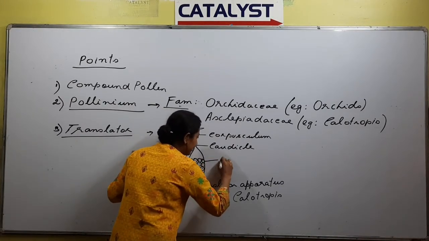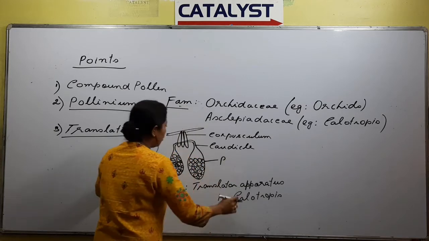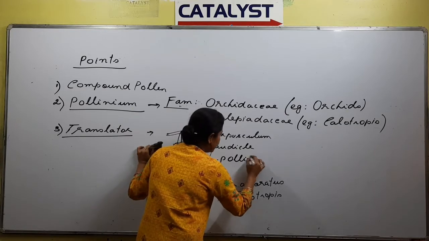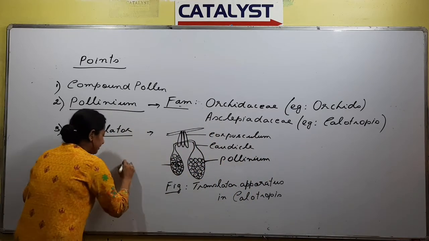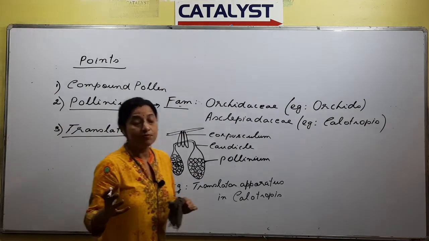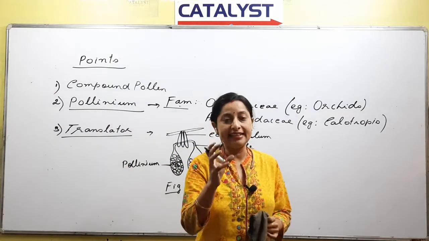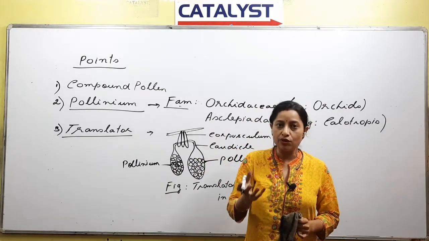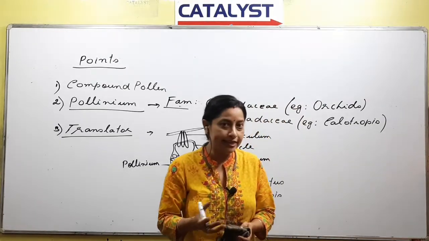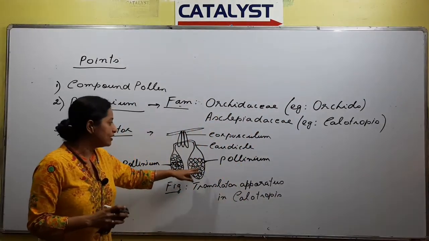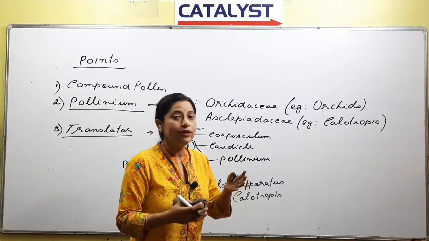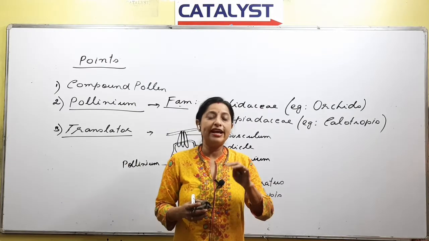Translator is a structure where two pollinia of adjacent anthers remain attached. This is a pollinium and this is a pollinium. Right? First I think we remember what is a pollinium. Pollinium ki asile je anther lobe etar. One anther lobe jimanbor microspores ase gutebor jedi log lagi thake, that is what is called pollinium. Now what is a translator? When two pollinia remain attached, aru he duta pollinia core pollinia, we are talking about the two pollinia of adjacent